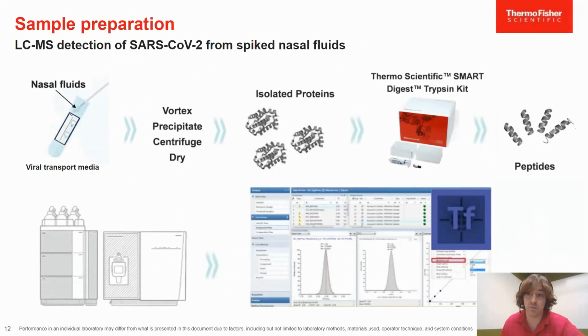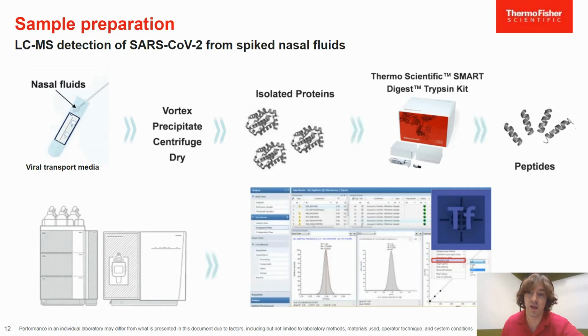We decided to create our own method with several aims. So we wanted to target more peptides, and we also wanted to improve the detection limits in order to reduce the number of positive cases that would be missed. Our test samples consisted of spiking recombinant SARS-CoV-2 spike and nucleocapsid proteins into nasal fluids, which were then placed onto